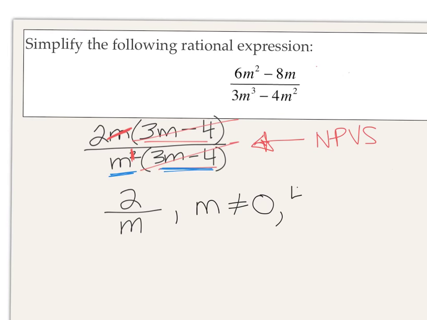4/3. It is 4/3. So just so that people understand, if they think that was just magic, you take the 3m minus 4 and you set it equal to 0. You would add 4 to both sides, so you get 3m equals 4, and then you would divide by 3, so you get 4/3. Okay? It is something you can do in your